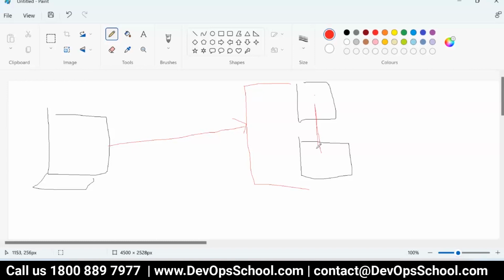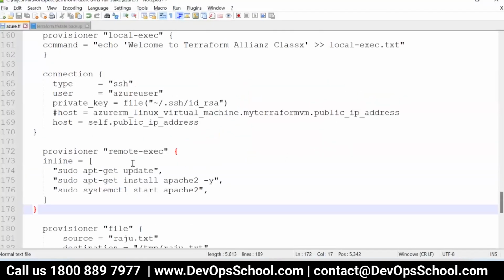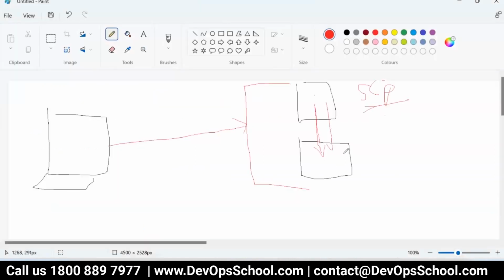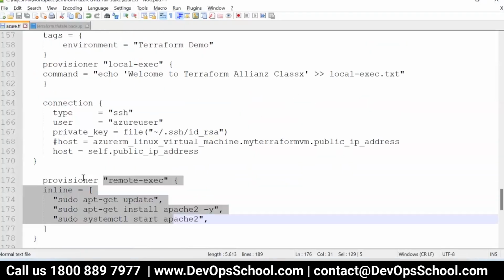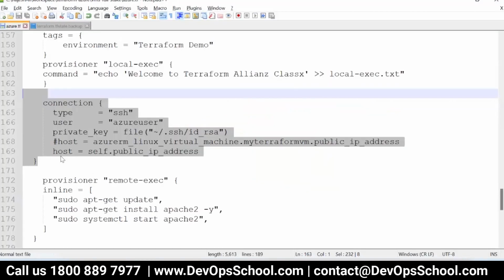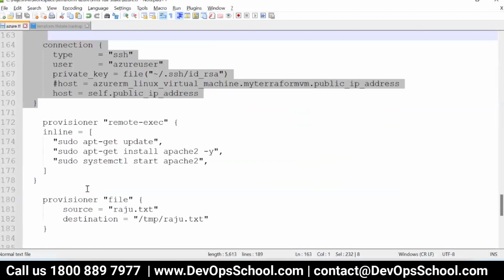In that case, what you'll do, I'll use the SCP command, from here to here. Now for that, what you need is to run remote exec, and in remote exec you will run SCP. To log in from Terraform into this machine, you need this connection, which is here. But from here to here, you need this key file also. So if you have this file, using the file provisioner, you can copy that file to that location.